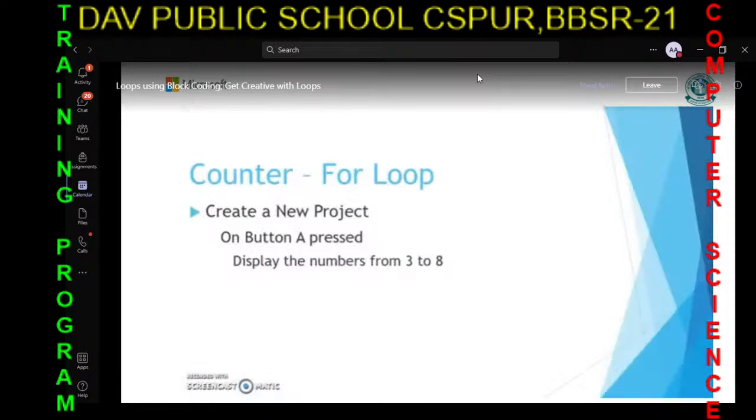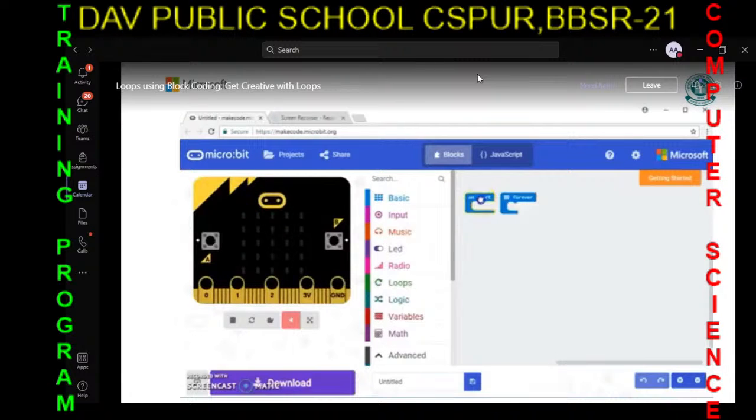In this project, we're going to use a for loop. So we're going to create a new project. And when the button A is pressed, we're going to display the numbers from 3 to 8. So we're going to use the index in the for loop to actually work out. Our index is going to go from 0 to 5 because we want to display 6 numbers here. The first thing we're going to do is get rid of our onStart and our forever block